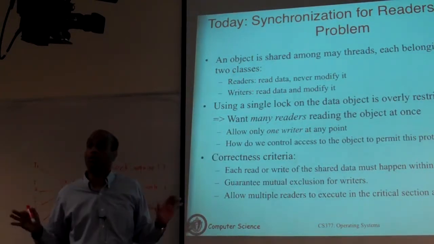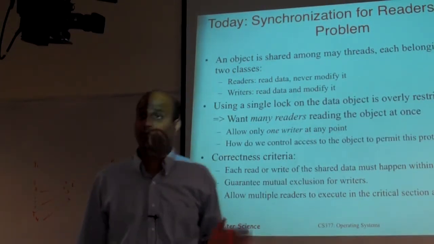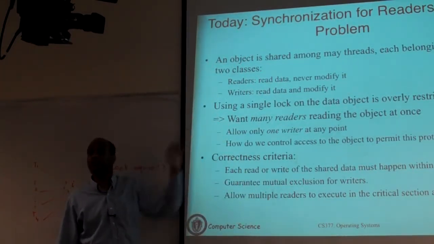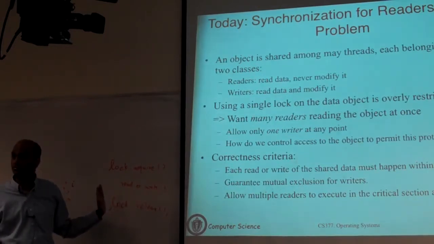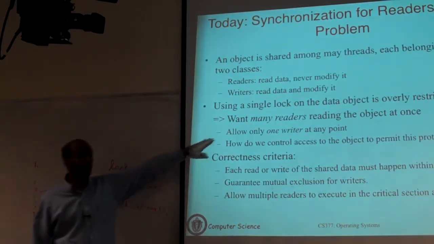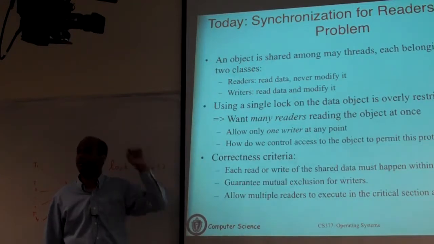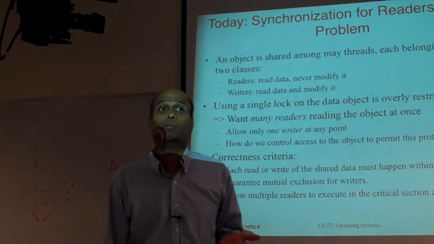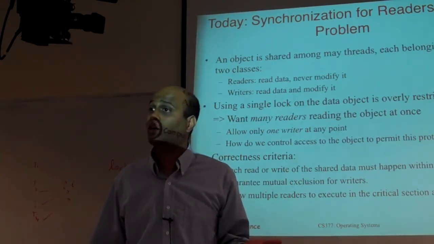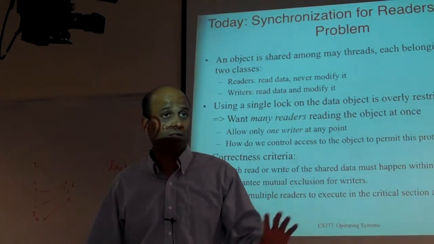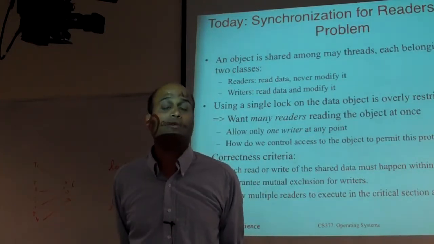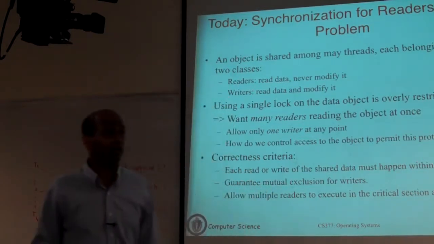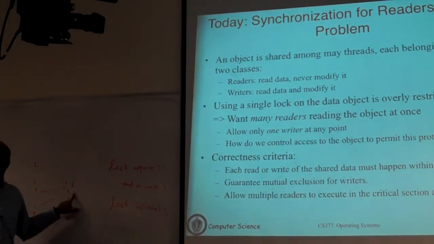If you want to ensure more concurrency, then what you can possibly do is allow multiple readers to read this value all at once. But the restriction is that only one writer can write at any time. Because readers are simply reading, there's no need to actually protect that value with a lock. They're not modifying it. Why not let three threads all read that value all at once? What's the harm? There's no harm done. But if some thread is actually modifying the value, it should be the only one.